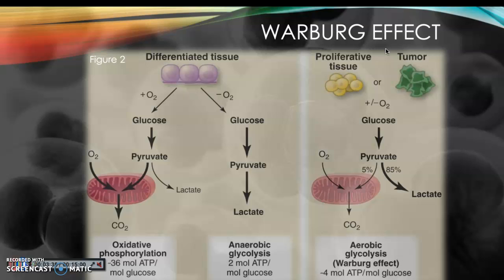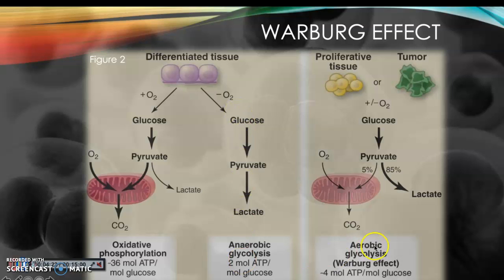So the cells rev up glucose intake such that they effectively alter their metabolism and begin to convert excess glucose to lactate, despite there being oxygen. So this is known as the Warburg effect. And here in this image you can see how normally it would follow the traditional pathway of glycolysis all the way through oxidative phosphorylation to create 36 ATP per cycle. Now, instead what we see here is that it chooses to create lactate, which only produces about 4 ATP, or even as little as 2, just following the route with anaerobic